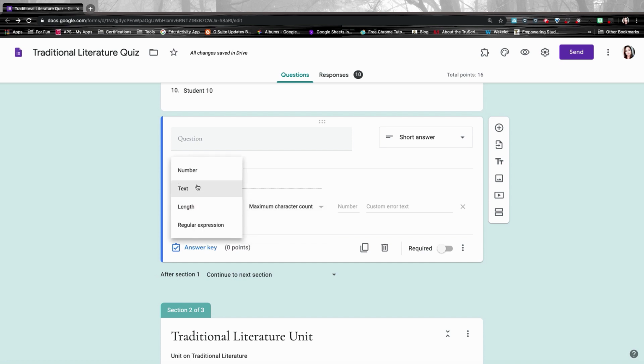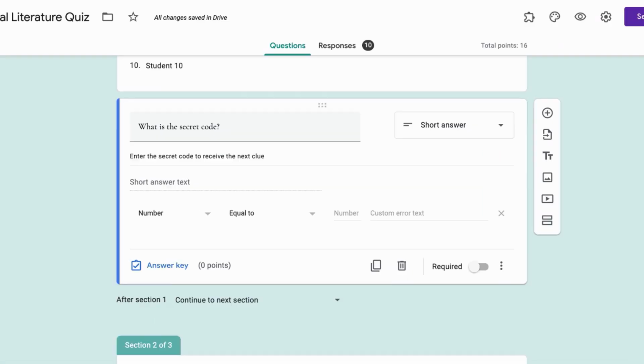Now, this is a great way to create sort of a breakout or digital escape room style Google form where students need to unlock the code or secret message before it moves them on to the next section. So if I say that they need to put in a secret code and that that number has to be equal to the specific code number,